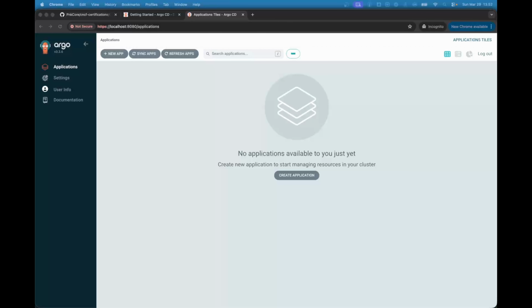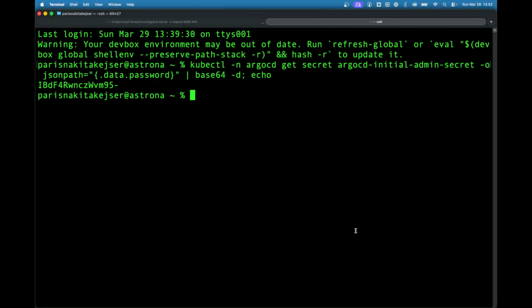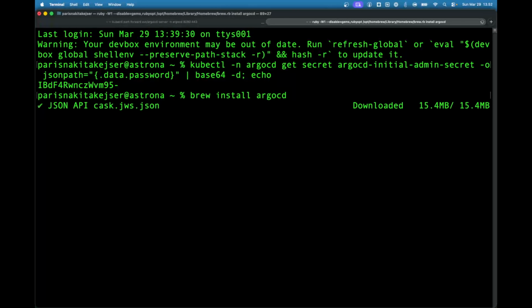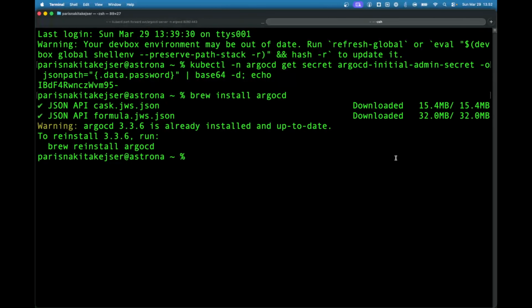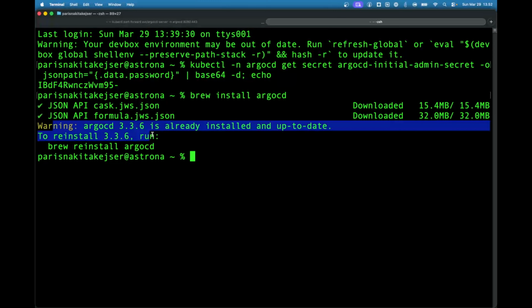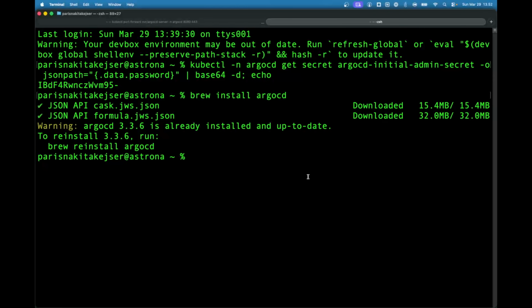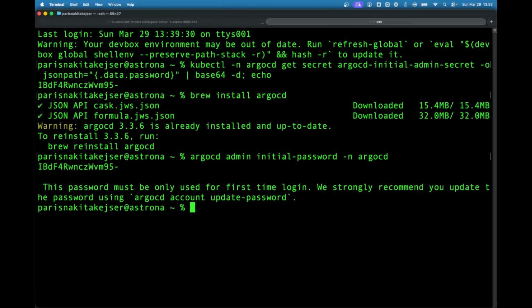So go back to the terminal again, and we want to say brew install Argo CD, and then it's just going to install the Argo CD. In my case, I already have it. I can reinstall if I want, but it's fine. The next step will be to get the admin password. So let's say argocd admin initial-password, and we are working inside the Argo CD namespace, and you can see we basically have the password here